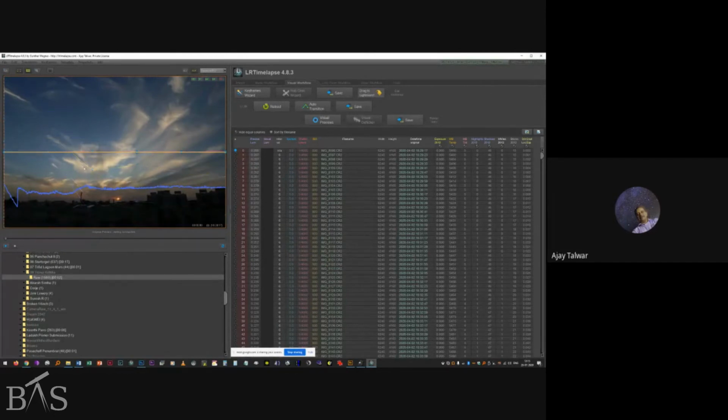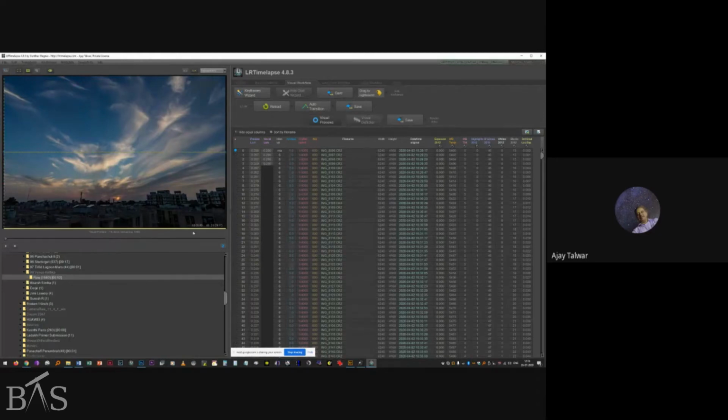So you can see all these curves that have appeared, and they have been applied in successive images as a sort of gradual increase or decrease, whatever the case may be. And now I'm going to save these transitions. And next, work on the visual previews in LR Time Lapse by pressing this key. So creating the visual preview will take some time, and meanwhile I can get back to my next image,